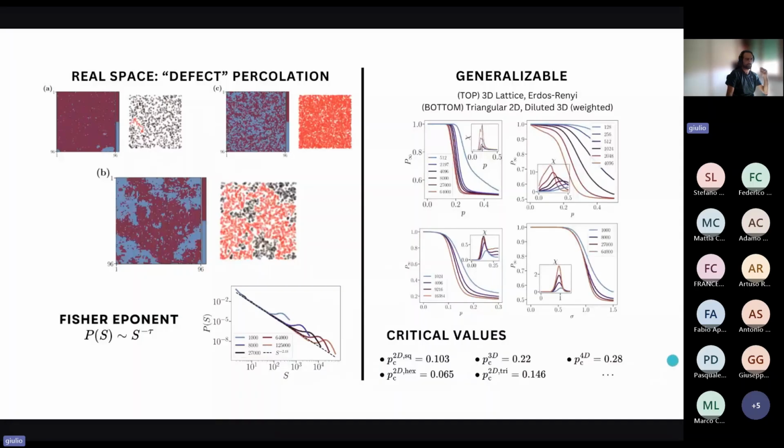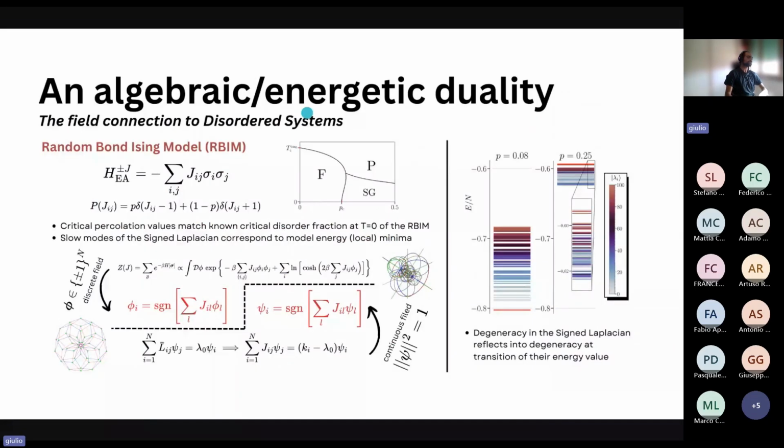it turns out that those passionate about spin glasses will recognize these as the critical parameters of the so-called random bond Ising model, that is really the Edwards-Anderson Hamiltonian that we saw in the beginning, at 0 temperature in the phase diagram T and P. And it's the onset of the spin glass phase at 0 temperature. And so the Edwards-Anderson Hamiltonian, when you take plus and minus J, has the transition marked by a purely structural feature.